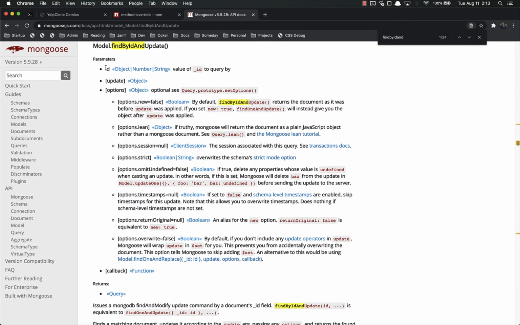And it'll tell you, it takes 3 parameters, 2 of them are optional. The first one is the ID, the second one is the update object, and the third one is the options. We're going to use options.new, and we're going to set this to true. By default, this will return the old document before it was updated. We don't want that. We want the new document after it's been updated. So we're going to set new equals true so that it'll give you the object after the update has been